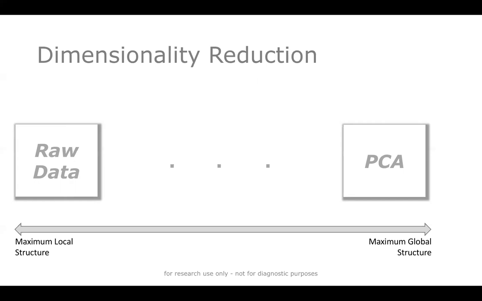You're zoomed way, way in, and you're looking at single parameters or maybe two parameters at a time for features that you might find in a data set, such as T cells, B cells, so on. As you move out to more global structures, you might perform something like principal component analysis. And that's going to give you an overarching view of the data where you can see the major subpopulations popping out, but you won't be able to find very, very small subsets typically within a principal component analysis